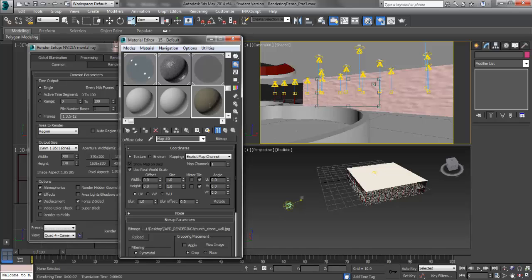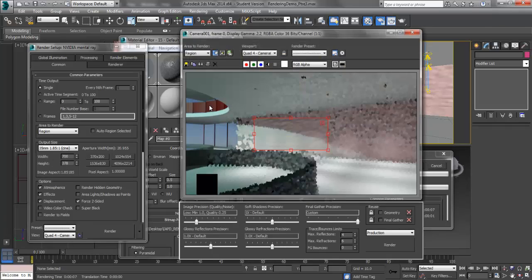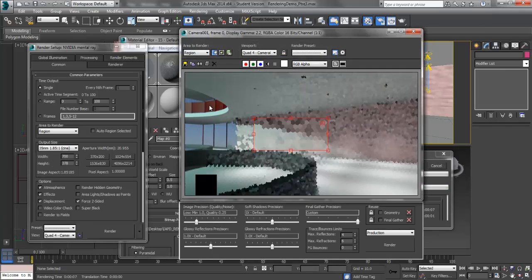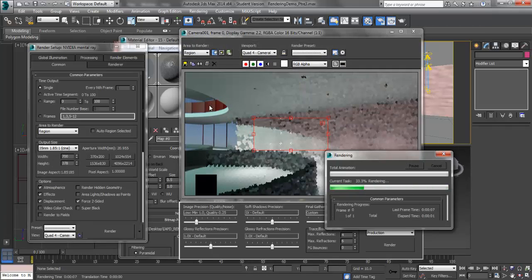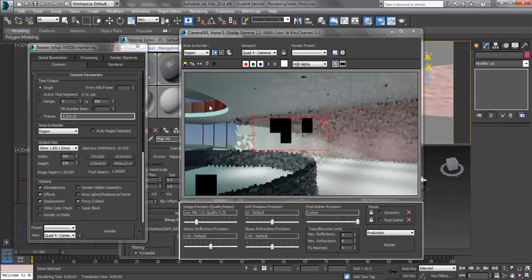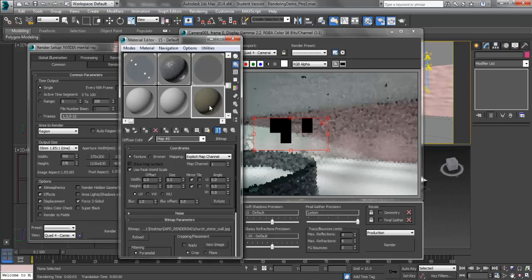We're going to use the real world scale, and I'm going to get this to match some settings that I have. I've done a little bit of guess and checking for us, so we don't have to do too much. This is starting to render out kind of weird, but let's see how we did. We hit render here. Oh, yeah, it'll certainly help if I actually apply that material to the